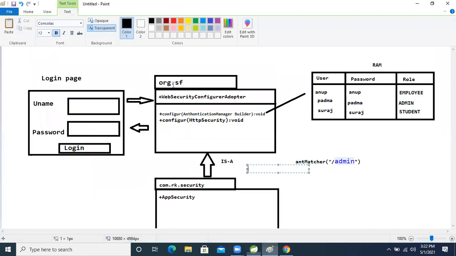After that, come to the diagram. The class name is already there: WebSecurityConfigurerAdapter.